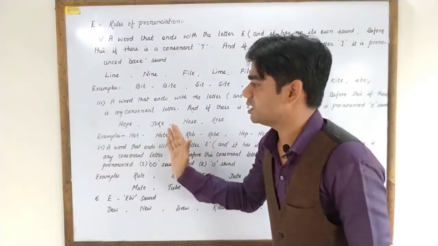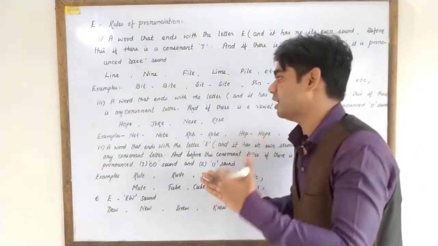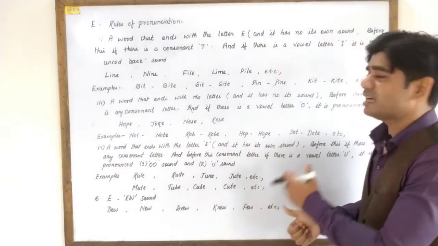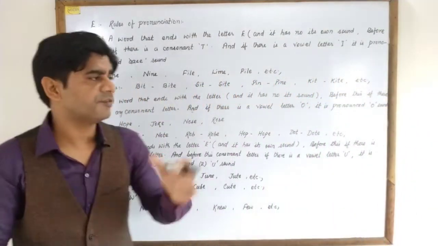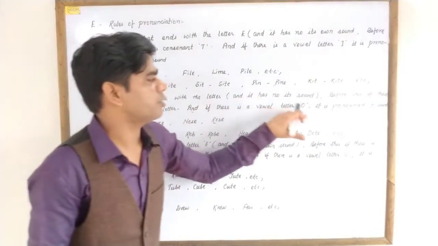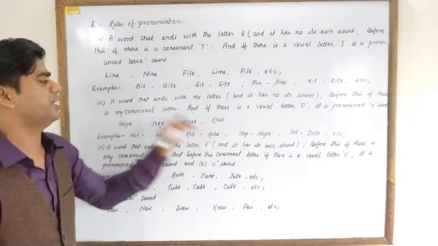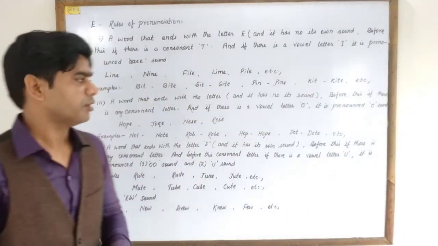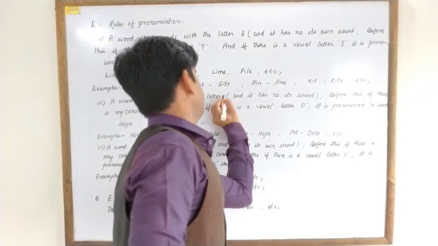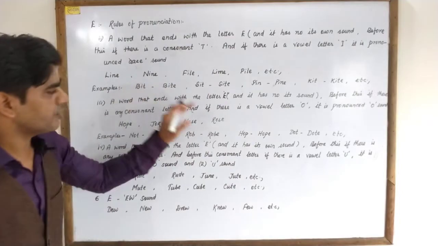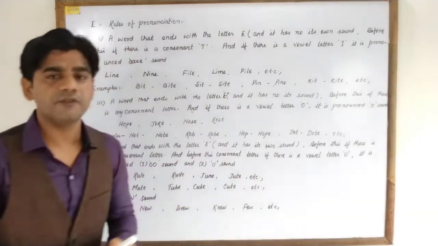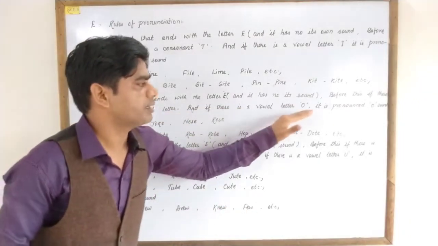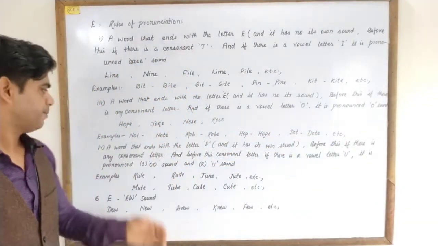Now we have some more sounds of the letter E. There are some words that end with the letter E, and it has no sound of its own, but before it, if there is any consonant letter, and before this consonant letter there is a vowel letter O, it will be pronounced with the O sound. So for example,